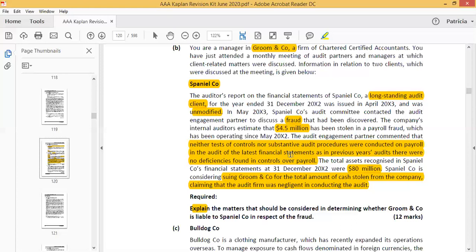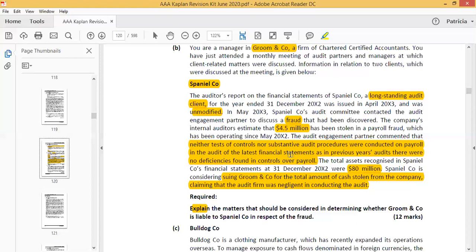And then you can talk about it being an auditor's responsibility to design and perform tests of controls to obtain sufficient, appropriate audit evidence as to the operating effectiveness of the relevant control. So you should talk about that being an auditor's responsibility, that they should design and perform tests of controls to obtain that audit evidence that should be sufficient and appropriate for them in assessing the risk of material misstatement at certain levels.